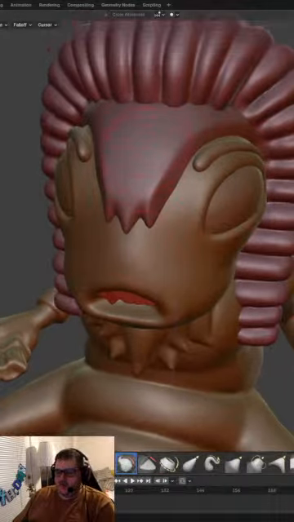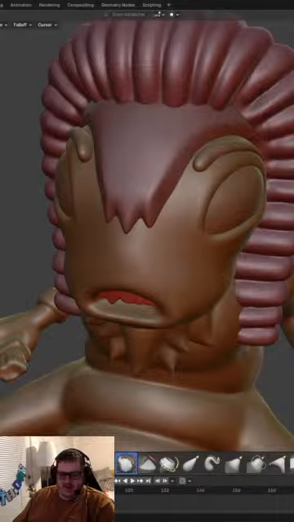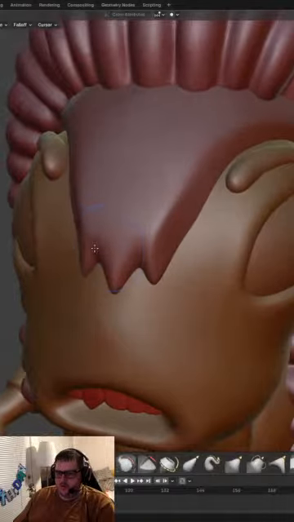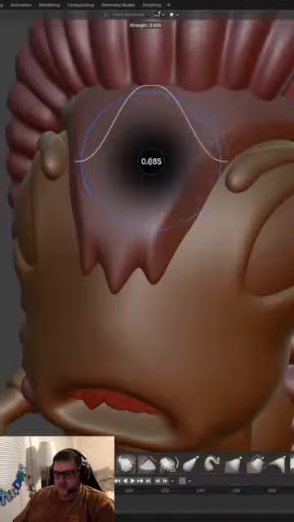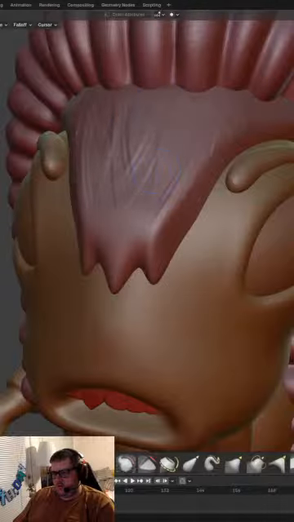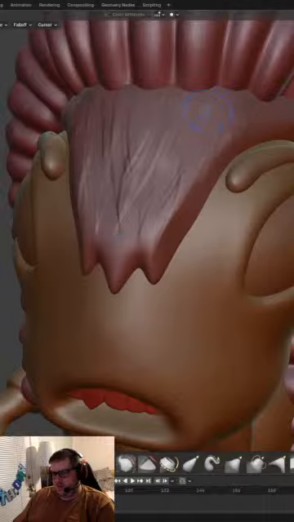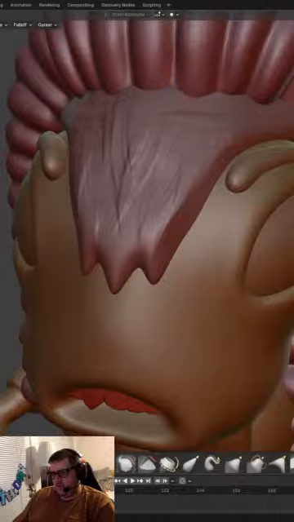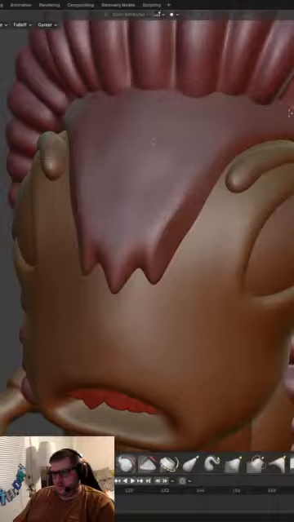Note to self, do not start a file and have your scale way out of whack. Yeah, that makes sense. Yeah, I'm not sure why this happened.